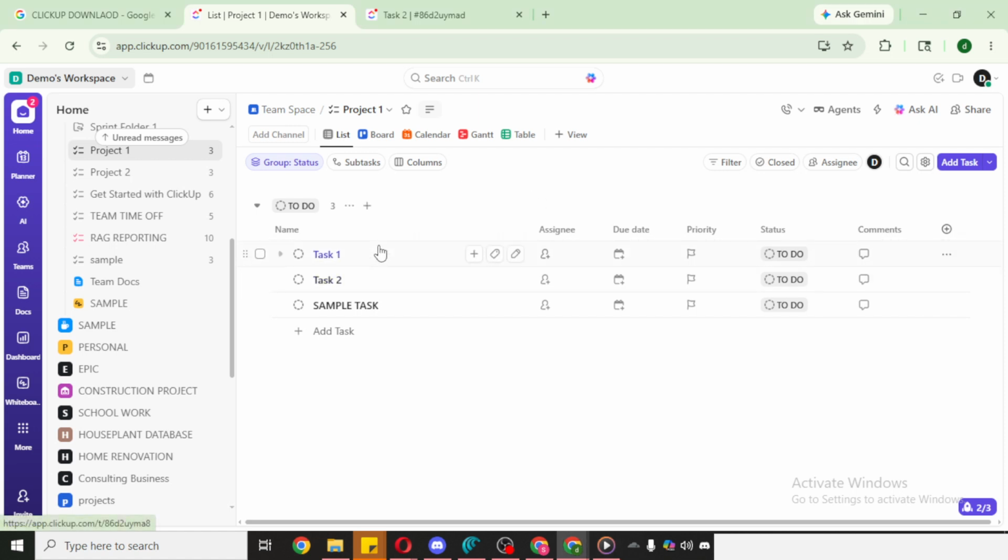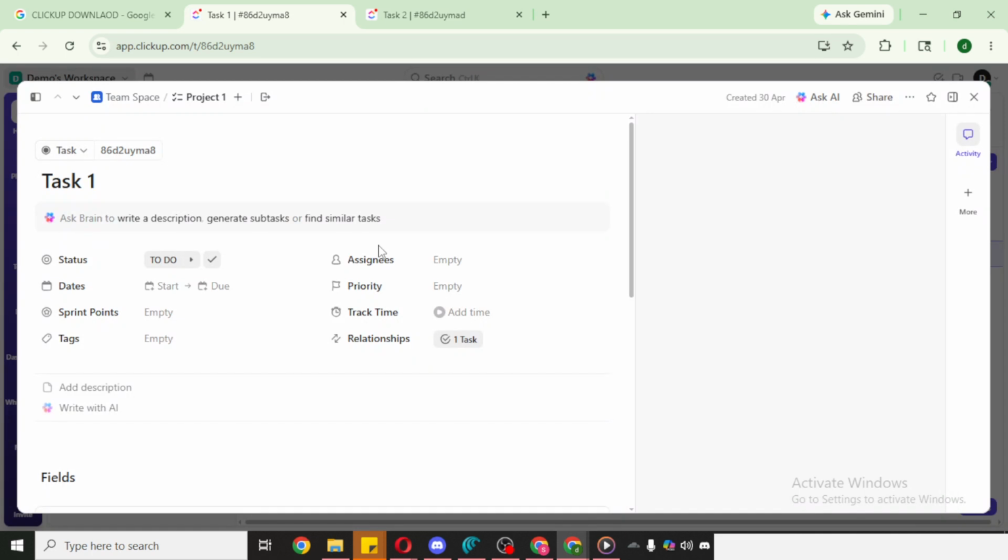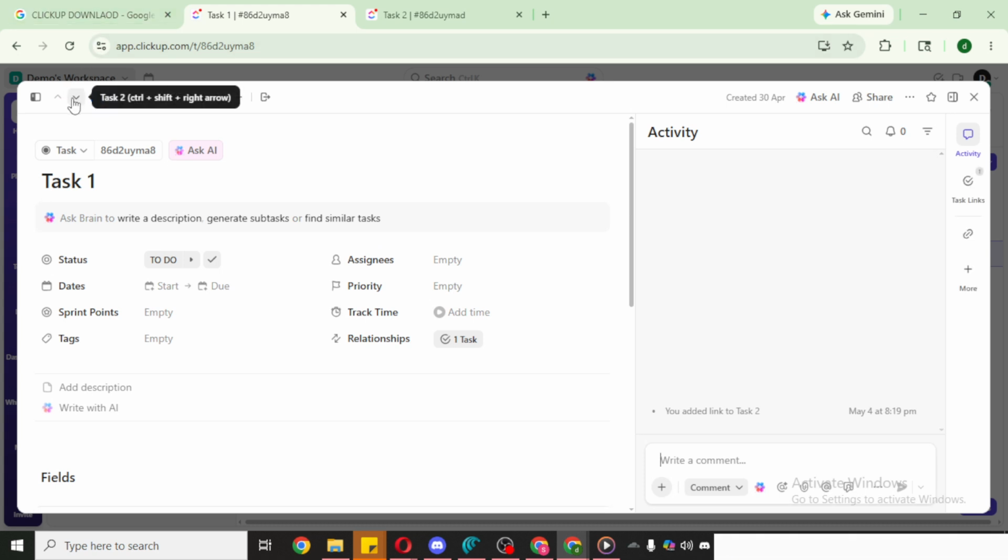Next, click on a specific task to open it. The task will expand to fill the screen, showing you its details like description, comments, subtasks, and attachments. Take a quick look to confirm you're in the right task. If you make a note or add a comment, pause for a moment and let ClickUp autosave. You'll often see a small saving indicator. Waiting for that confirmation helps ensure your updates aren't lost when you move away.